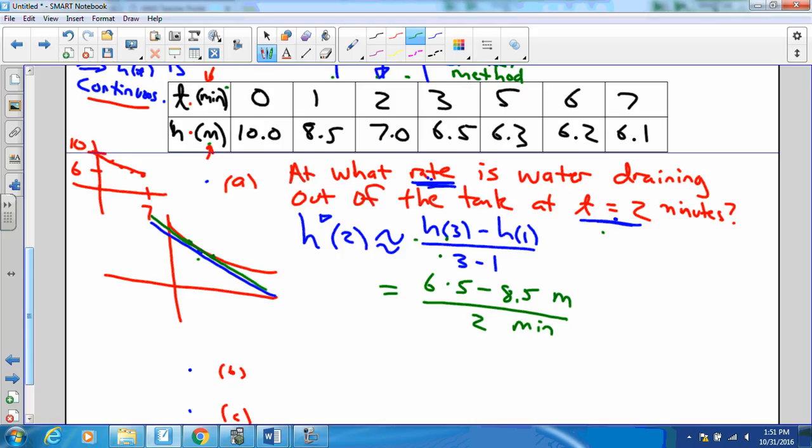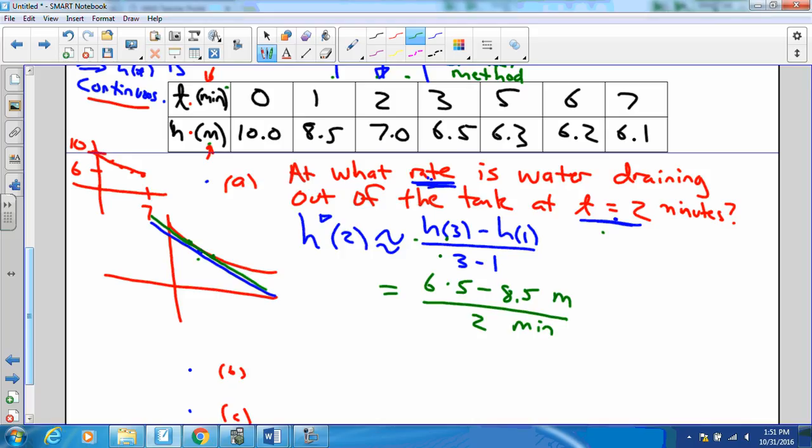Everybody see how I set up the difference quotient right here? I have a large number of students every year who wish to skip this step and go straight to here. And they wish to skip it because they're in a real hurry and they figure this is going to save themselves like 10 seconds of time. Well, not. Okay, fine. But